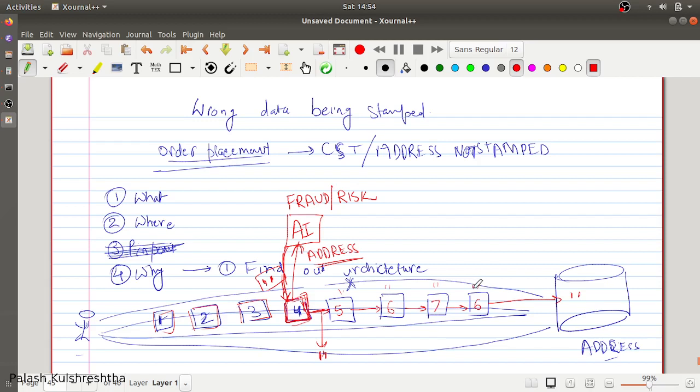and hence we are stamping an empty string in the data. Or what can also happen is, let's say there was a check in step 6 that if there is an empty string in the address, it is not going to stamp it, because an empty string is as good as not having the data. So it is failing silently, which means there is no alert raised. There were no metrics for silent failure, and in this way, some orders were created in which the fraud risk service gave empty addresses.